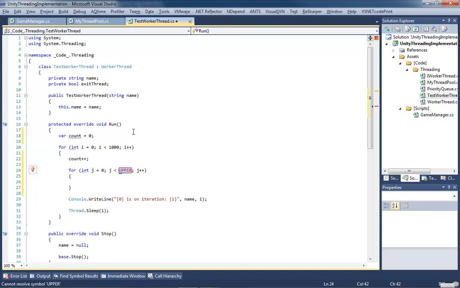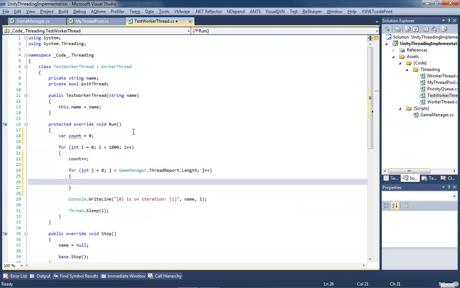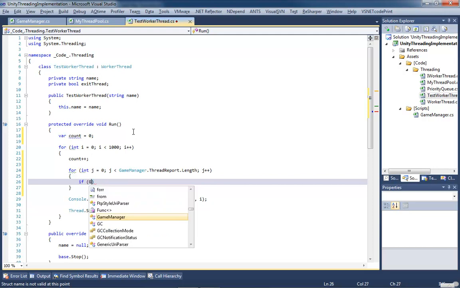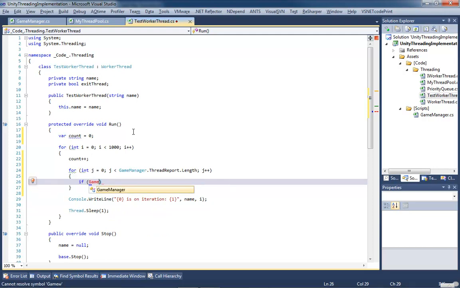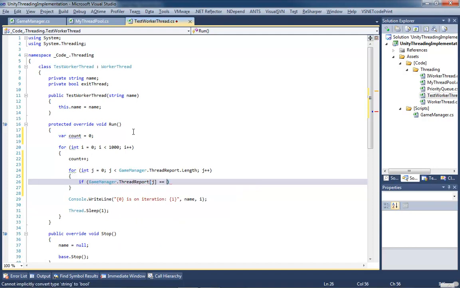So we're going to say game manager dot thread report dot length. We're going to loop through the entire length of the array looking for one that's empty. So if game manager dot thread report sub j is equal to string dot empty,